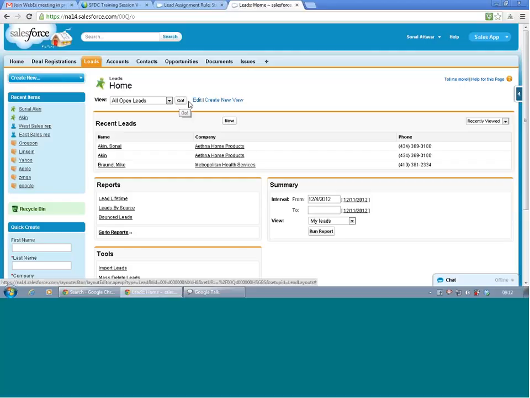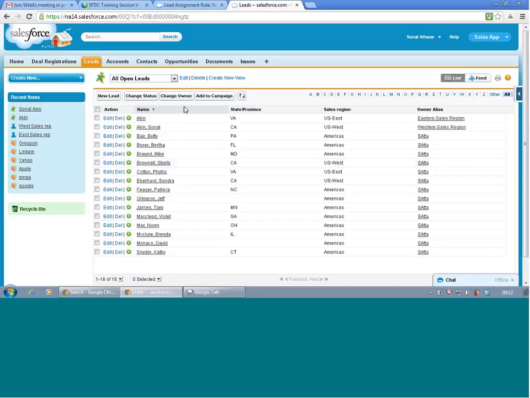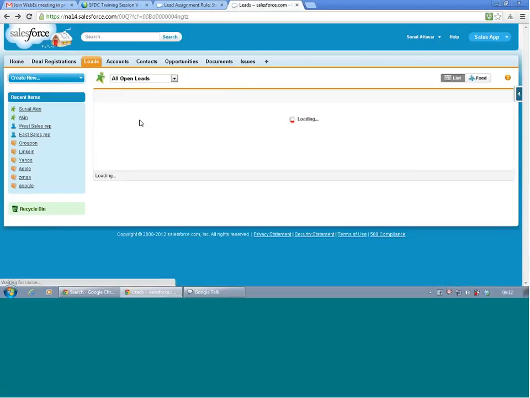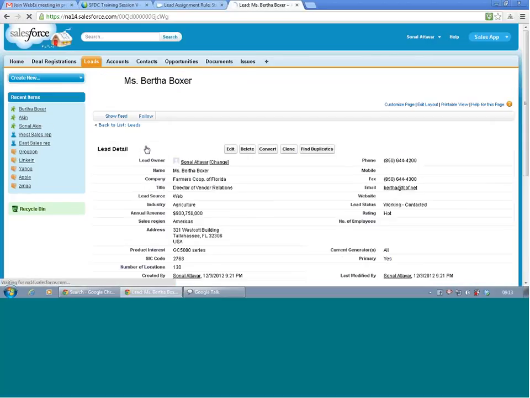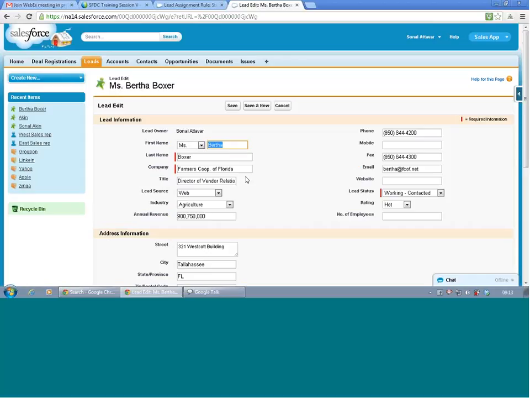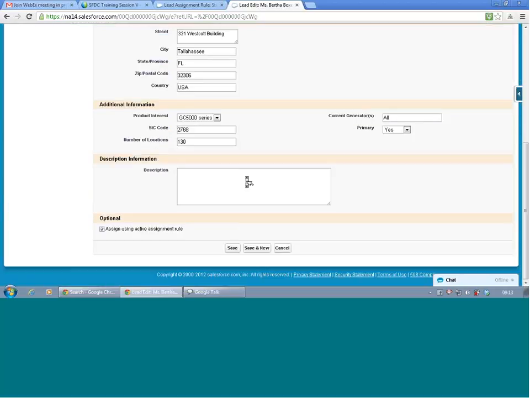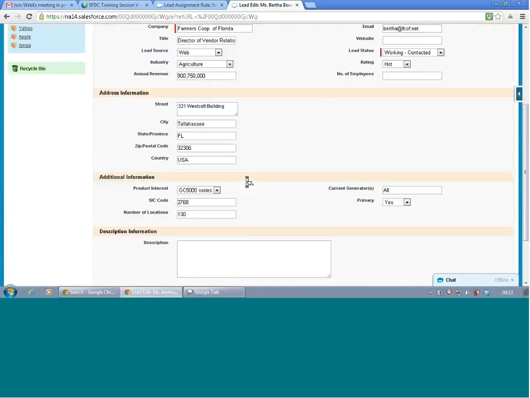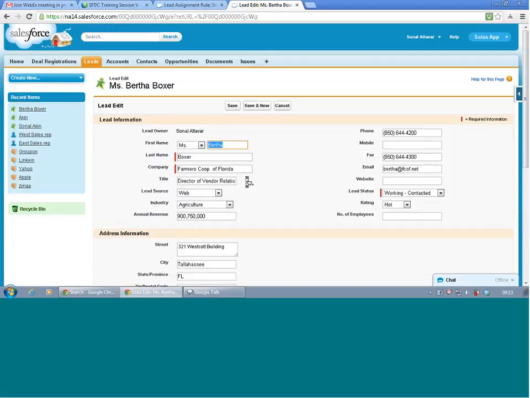Click the view and just edit any of these leads other than the first two which already have an owner. Edit any of these, and automatically if you scroll down that checkbox will be checked. It's based on the settings we made in the layout. You can save it. So this is about lead assignments.